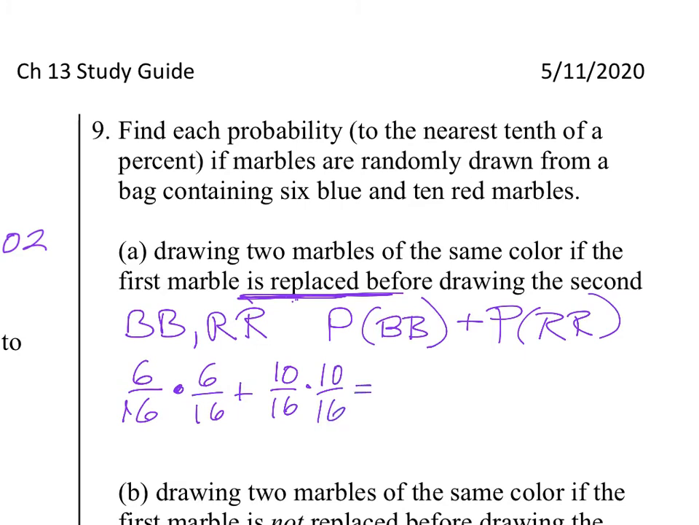Okay. So I have 36 plus 100 over 16 squared. 16 times 16 because it's a common denominator. So I have 136 divided by 16 squared. And I get